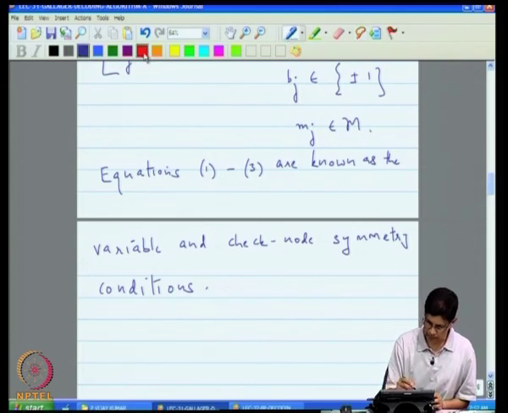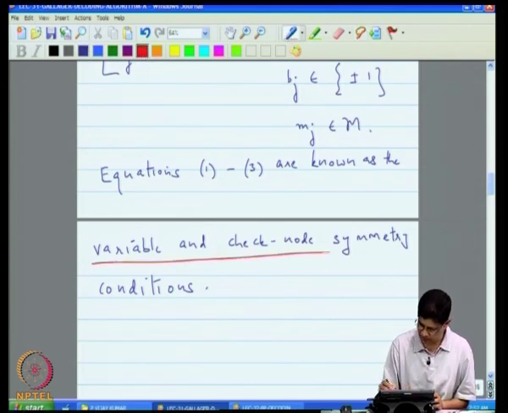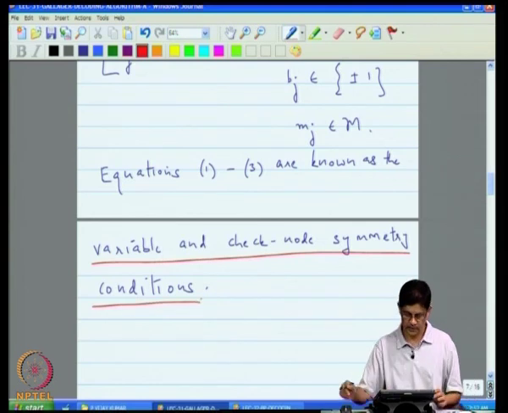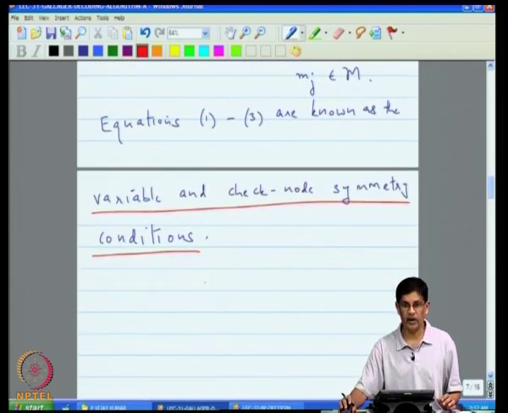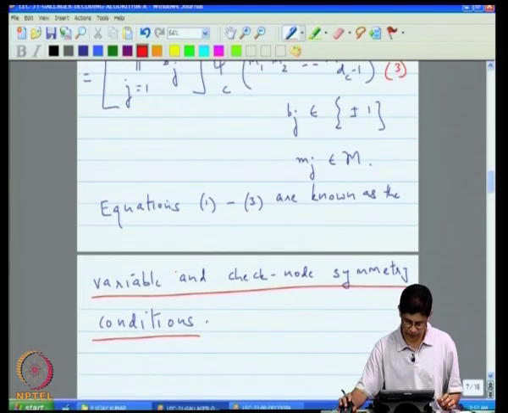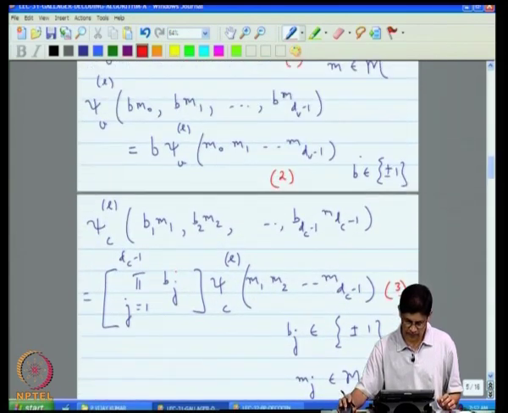So, let me underline that. I am jumping from current to past lecture, but since you will have a hard copy of this, that should not matter. So, by the variable and check node symmetry conditions,